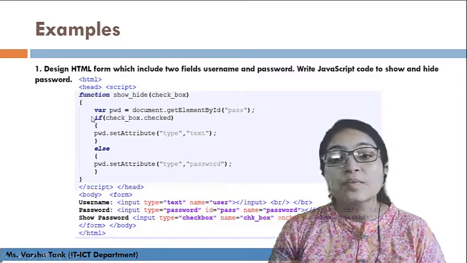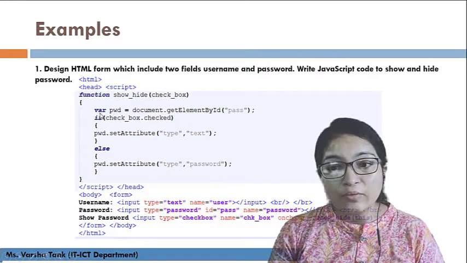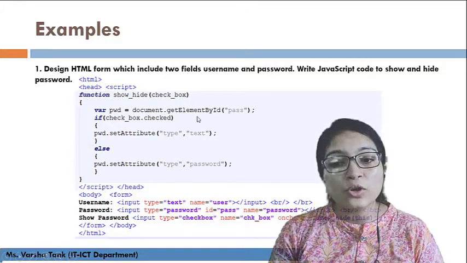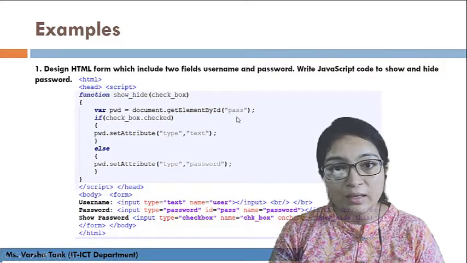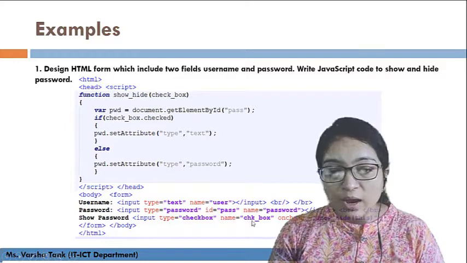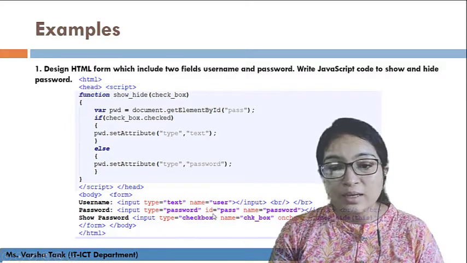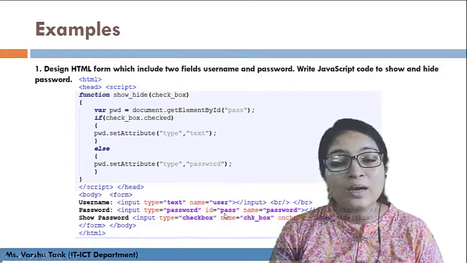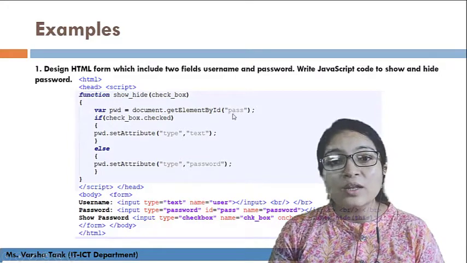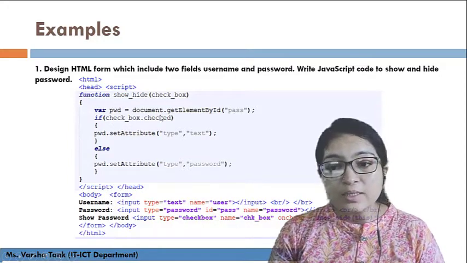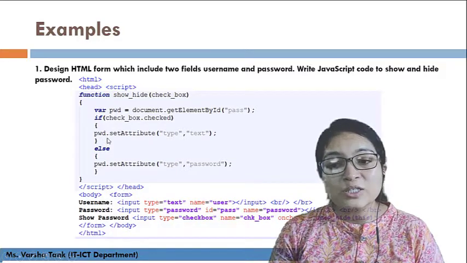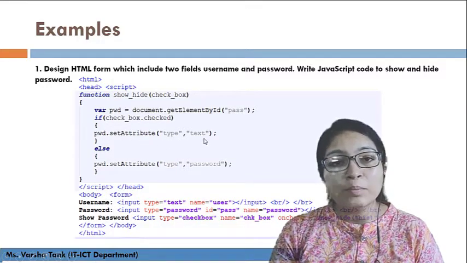And here you can see we have declared the variable password equal to document.getElementById. Here you can see the id, that is pass, is given, so that id we are using over here. So pass, if checkbox.checked, then password.setAttribute type text.